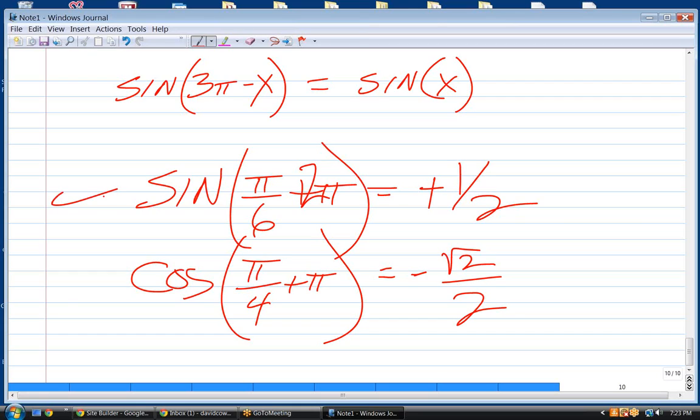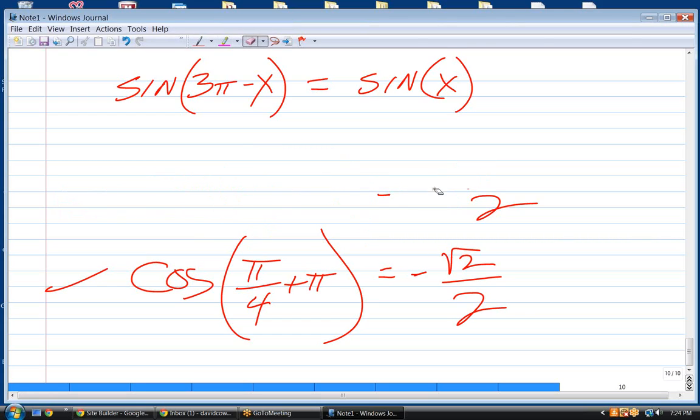And this only applies to sine and cosine and their reciprocals. Tangent, if you add pi to the angle, you get the same thing, because the period of tangent is pi. Whereas the period of sine and cosine is 2 pi. So if you only add pi, all you're doing is putting it from first quadrant to third quadrant or second quadrant to fourth quadrant. In either case, it changes the sign on the result. So, that being the case,